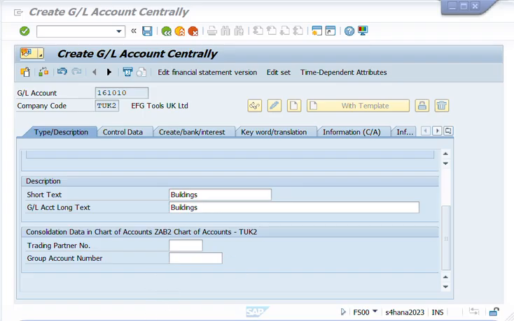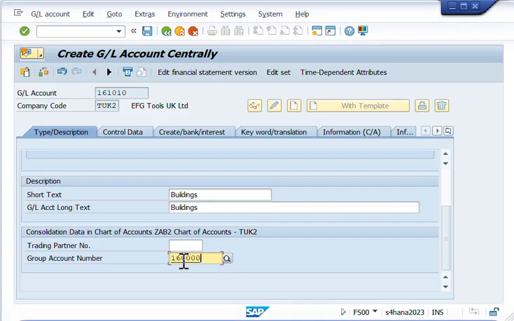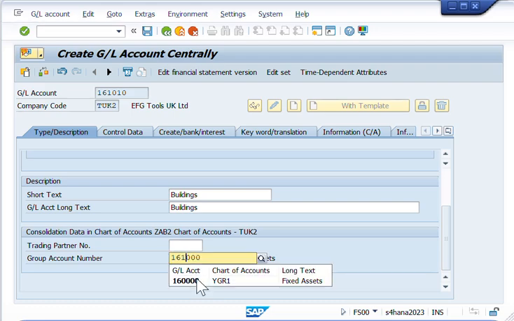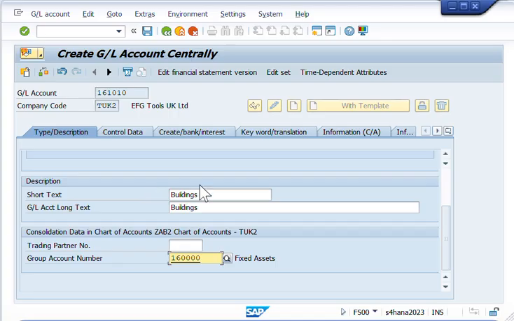Group account number will be assigning the main series for the group account number. Okay, I think this is our fixed asset. Let me check if we have another one. We can use that fixed asset or let's try this one. No, it's just fixed asset. Is this okay? Fixed asset for our group. So it's up to you if we want your groupings to be on more detail. This one in my groupings is